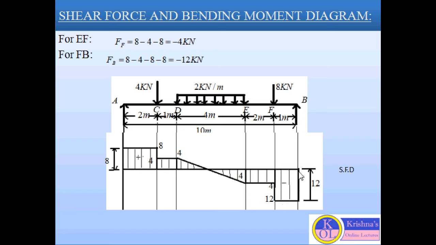See, here we have the value of RB that is equal to 12, and the value of shear force at point B is 12. The minus sign is indicating the direction of force. It is in upward direction, that is why it is negative. So the value of RB and FB is the same. It means our shear force diagram is correct.